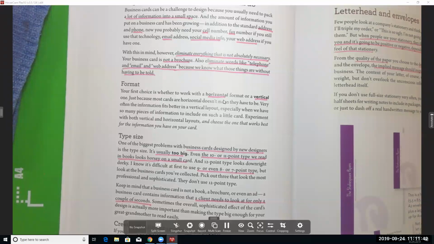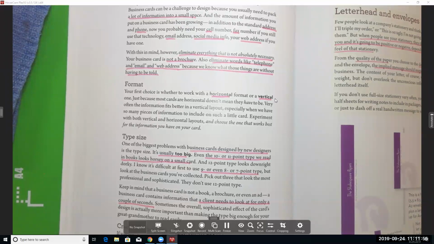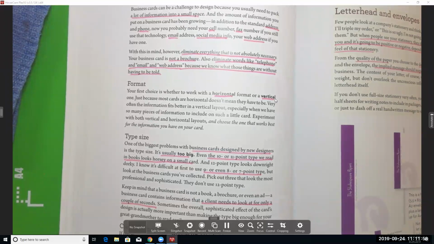And whether you choose the vertical or the horizontal, your layout will be horizontal, but you certainly can choose to do vertical if you want to. So